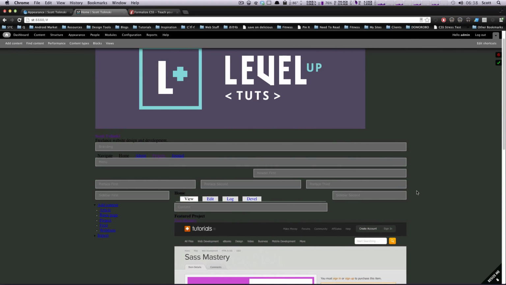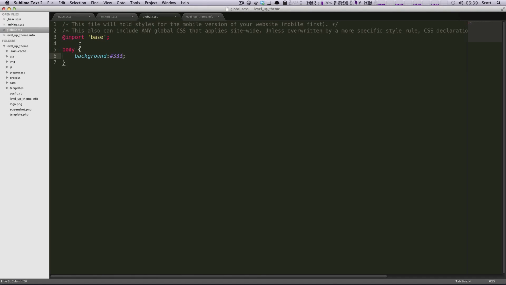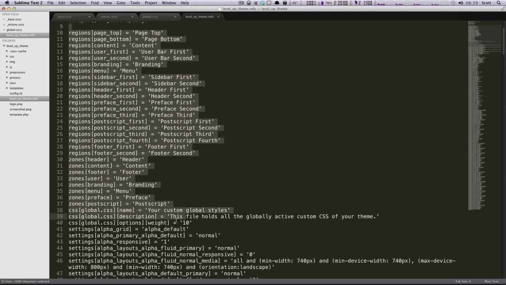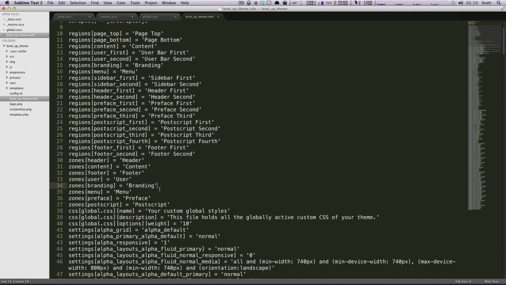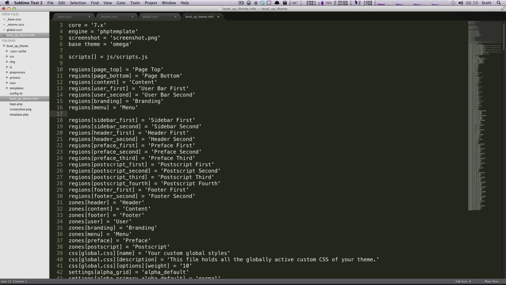Okay, one last thing. Let's show you how to add new zones and regions. So I'm going to go to my code here, and if you remember before, we went into the .info file in our theme and added this script. And back when we were there, you saw these regions and zones and all this stuff, and you may not have known what it was. But now you do. And the easiest way to do this is just to show you here. So I'm going to add a new region, and I'm going to call it menu